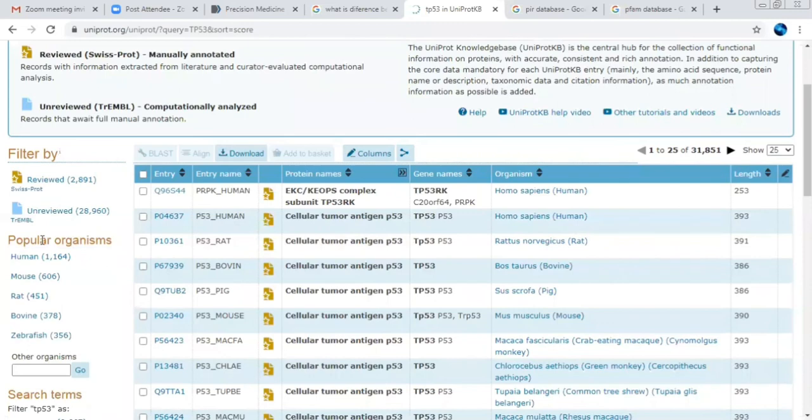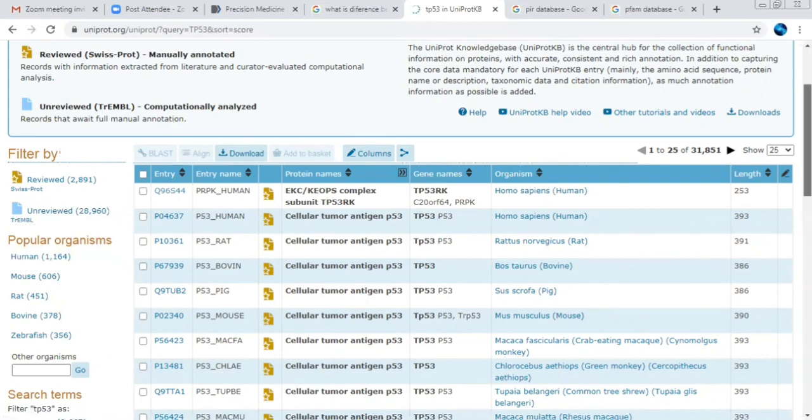After searching, they will also provide information on which organism this particular protein is listed in. You will get human, mouse, rat, and some bovine or zebrafish, and other organisms. Why are these other organisms provided to us? Because one protein or one gene will be evolutionarily related to other organisms. The evolutionary relationship with the phylogenetic analysis, or the link to it, is provided in this UniProt database. That's why these organisms are listed here, to show how many organisms this particular protein is included in.